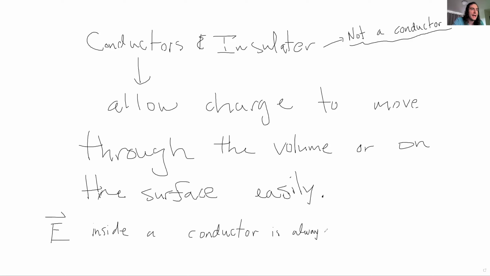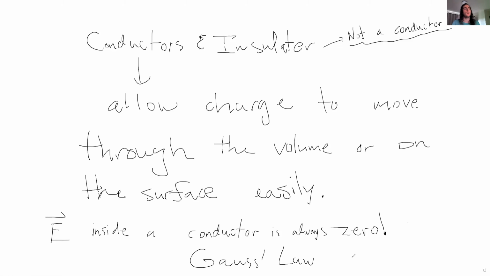The reason for that is because the charge in a conductor will always distribute itself on the surface of the conductor in such a way to cancel out the component of the electric field which is perpendicular to the conductor at that patch of area. Okay, it's more easily understood why that's the case once we talk about Gauss's law,